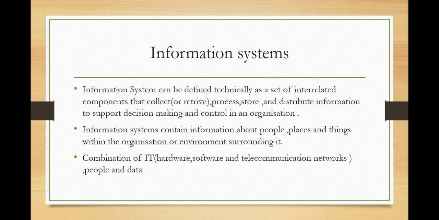For example, we have an organization like a university, let's say University of Dodoma. Then there are people working in the University of Dodoma, be the administrative workers or academic people, or the professors, the managers. All those are the people. So information system can contain information about all these people, but it can contain information about places like where the organization is located. It can contain information about the things that the organization possesses or the things that the organization owns.